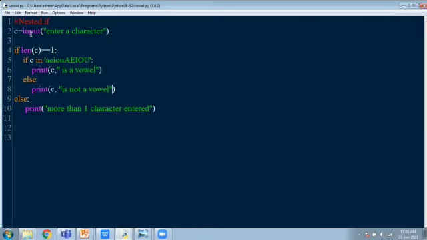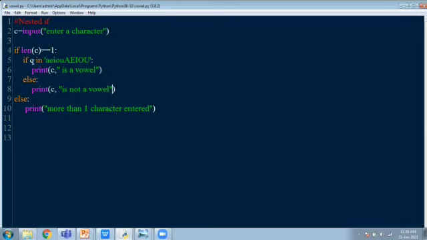So how do we check whether it is a single character? In this, I'm going to tell you how to use an inbuilt function called len as well. So here you are checking if the length of the character being input is 1. So what do you mean by length is 1? It is a single letter being typed. If the letter typed is more than one character, definitely the length will not be equal to 1, right? So first we are checking whether a single character is taken as input,